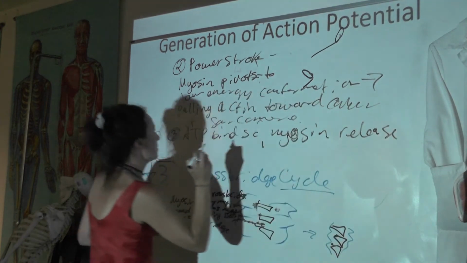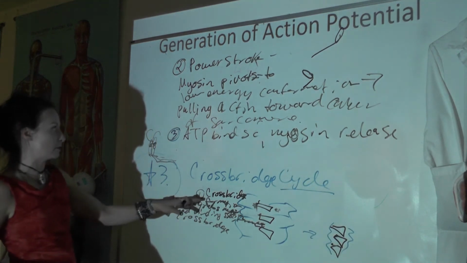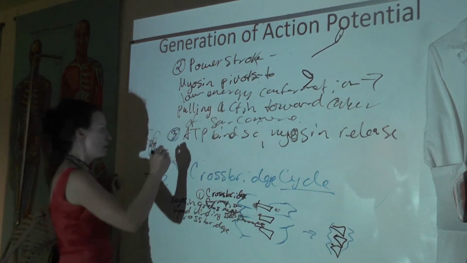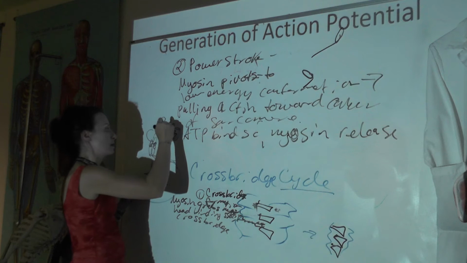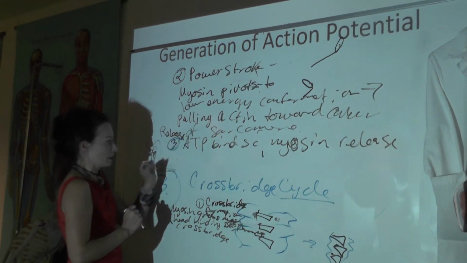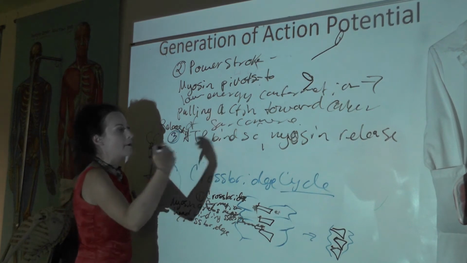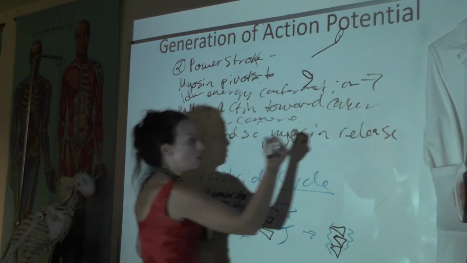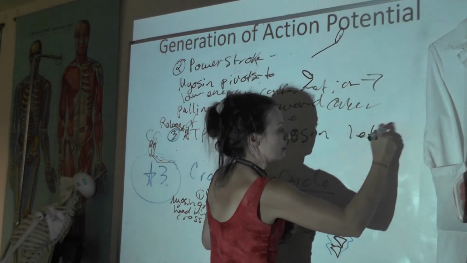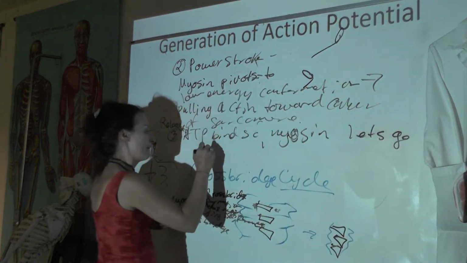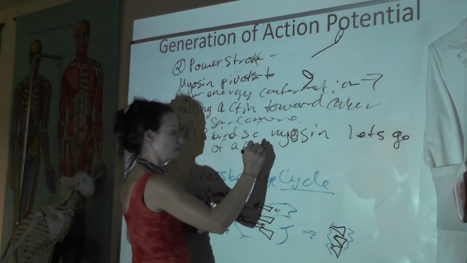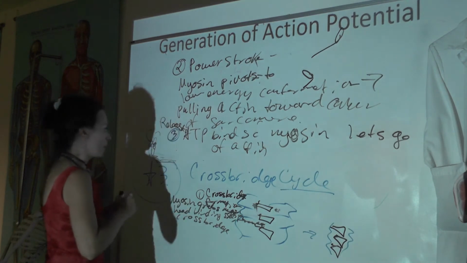So if we needed to name it, because we said 1 was cross-bridge formation, 2 is the power stroke, 3 is the release. Okay, and that is going to happen when ATP binds and myosin lets go of actin. And then in our fourth step,